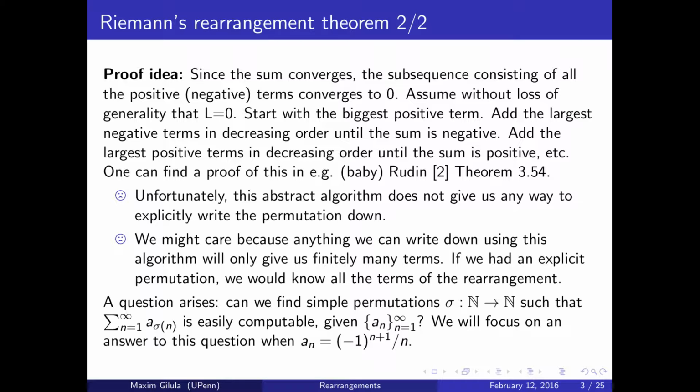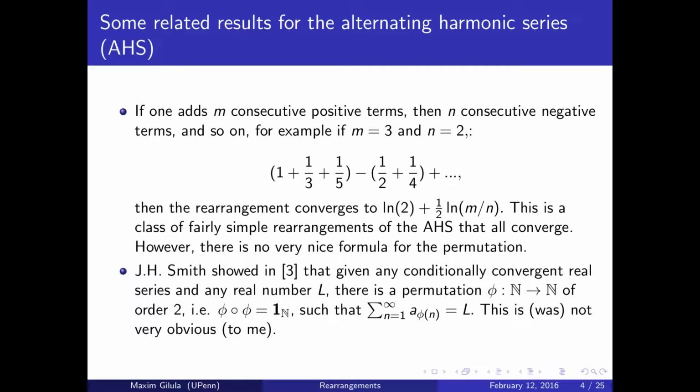So one question you can ask is, can we find simple permutations of the natural numbers such that we can easily compute the rearrangement? And in general, I think this is a hard question, although I'll mention something else about it. But we'll just stick to the alternating harmonic series today, because it's very nice to work with. Okay, so there are some answers to this question. For example, although we still don't have an explicit formula for the permutation,